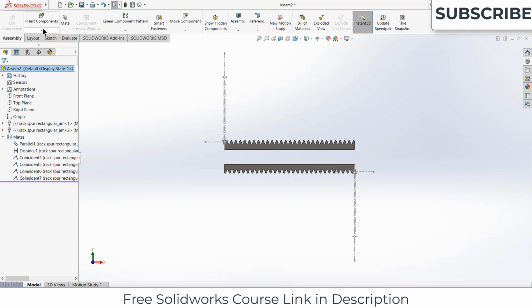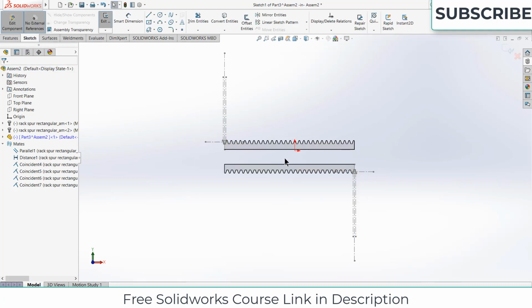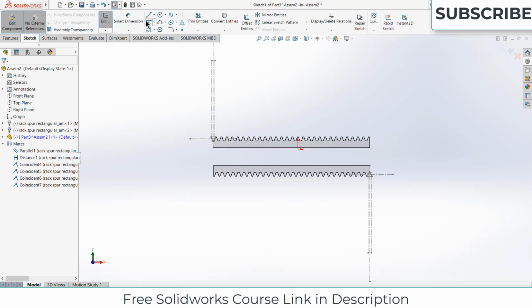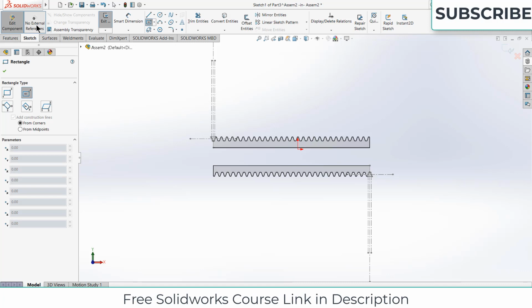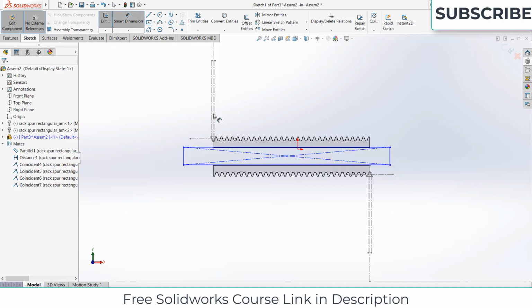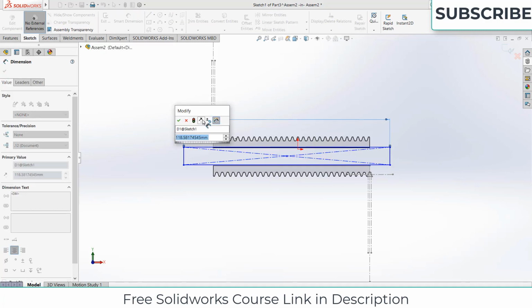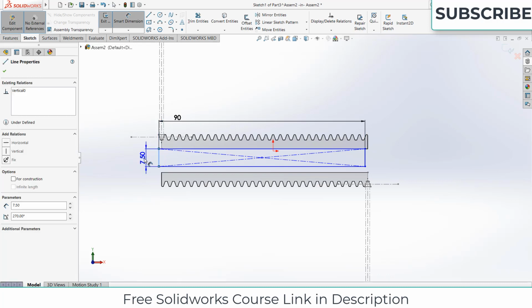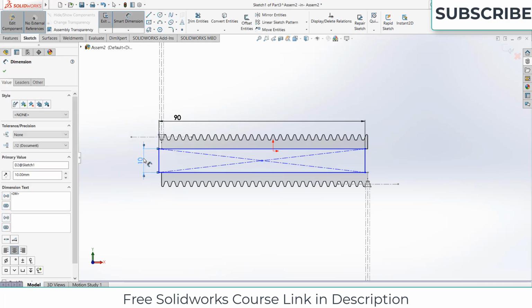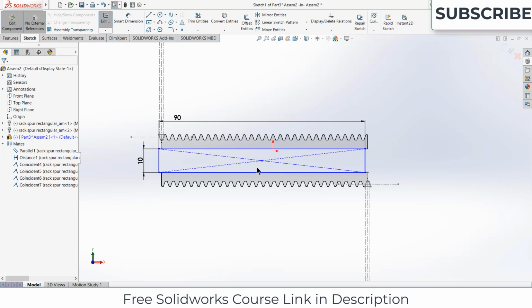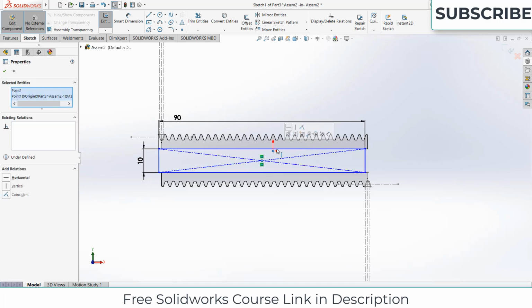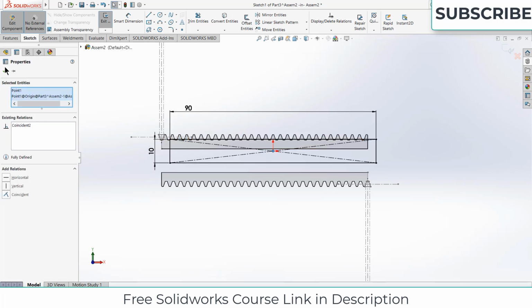Now go here and click on new part, select the front plane. Now you need to draw the sketch that I am showing. So first click on the center rectangle. Make sure that no external references is checked on, else you will face problems later onwards. Draw a shape like this, 90 mm, 10 mm. Press escape. Select this point and this point. Make it coincident. Click OK.